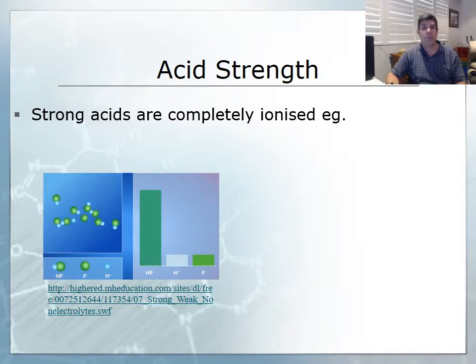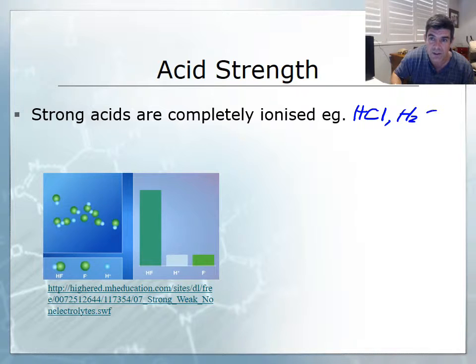So the first thing we want to do when we're talking about acid strength is we're talking about degree of ionization. So strong acids are acids which are completely ionized, and we already had a look at an example of that before, hydrochloric acid. So is sulfuric acid. Both of these are very strong acids and they will completely ionize. That's the important thing here. They completely ionize. So we can assume when we're looking at the concentrations of each of these solutions that they're very easy to work out,